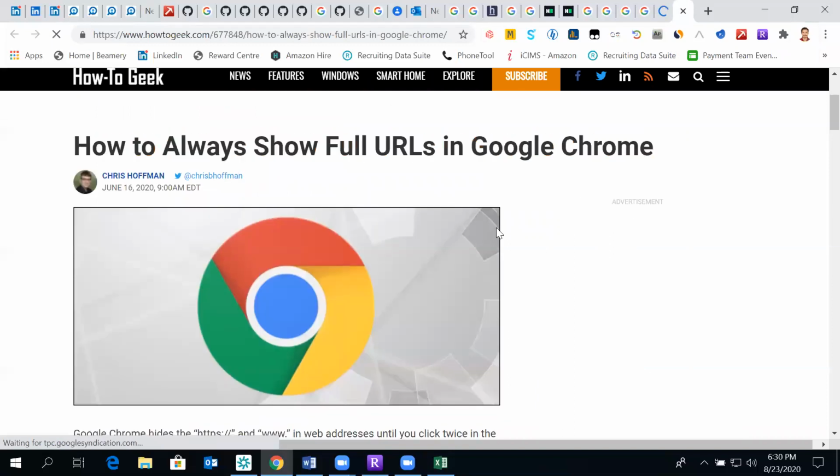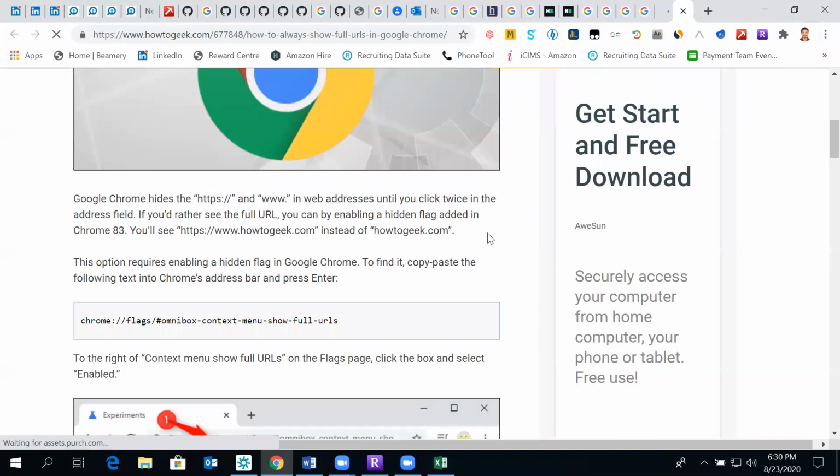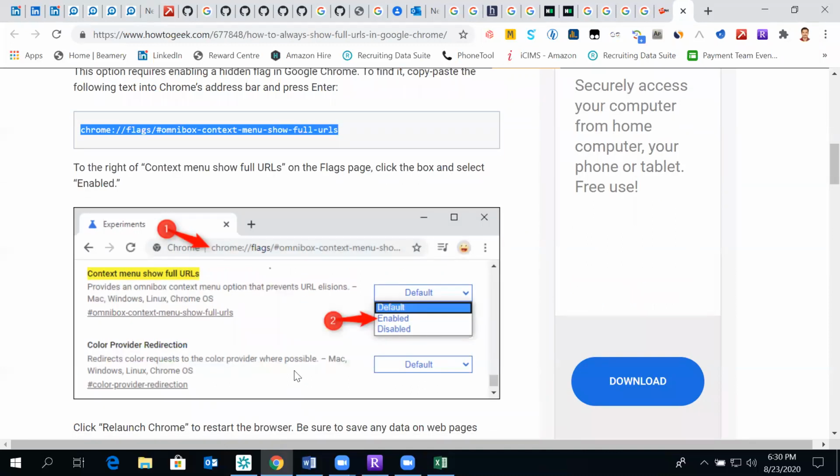Many places it is saying to close Chrome and then restart Chrome, basically. The option requires enabling a hidden flag in Google Chrome. To find it, copy paste the following text in the Chrome address bar and press enter. Okay, then to right-click the context menu to show full URL, on the flags page, click the box and select enable.